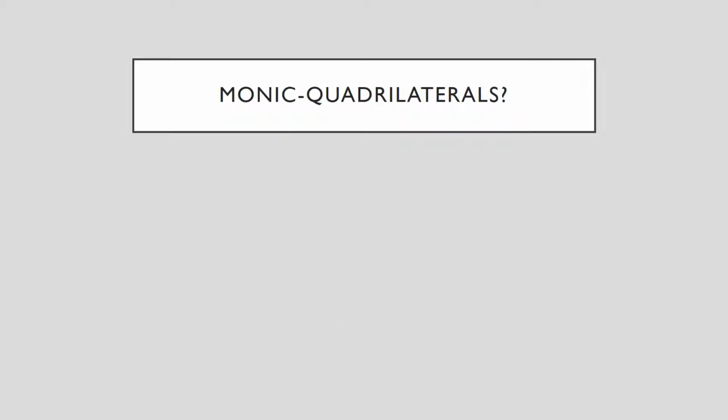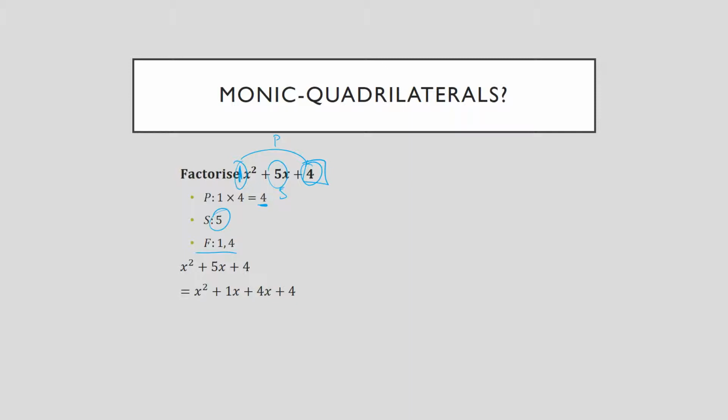I also said it works for monic quadratics, and this is just an example of how that would work. So as usual, we have our product. This time we have x squared, so it's just 1 times 4. So that's our p. So it's going to be 4. And usually we would have just taken p as this number, which is 4. So that's why we can do that. Then we get our sum of 5, and we get the factors 1 and 4. Now we can split it up and use factorizing by parts, and we're going to get these factors down here,